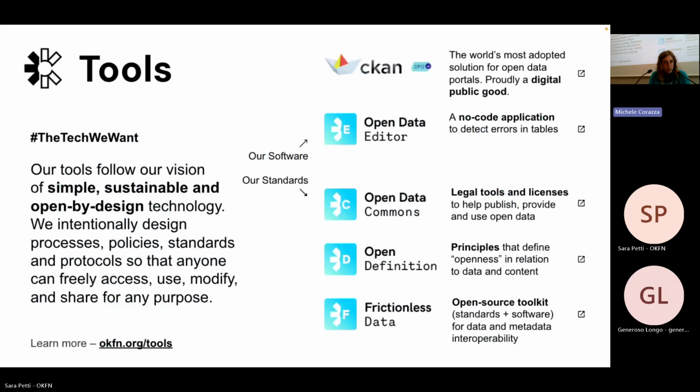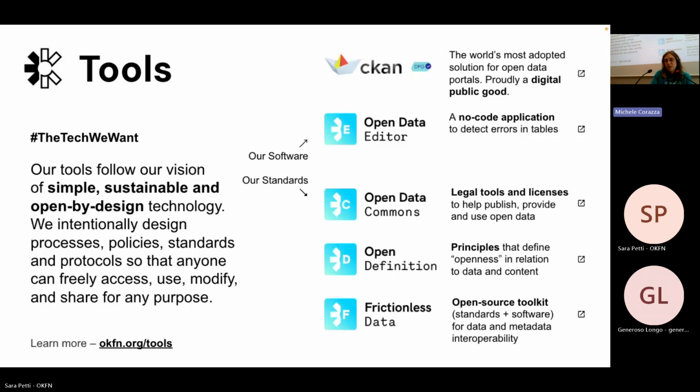We develop tools as well. So one of them is CKAN. We have a lot of CKAN people here, so I won't myself try to explain what CKAN is. Please go and talk to them. But even if you haven't heard of it, probably wherever you're coming from, CKAN is the most used open data portal around the world. So although you might not be familiar, maybe you're using CKAN without knowing it.